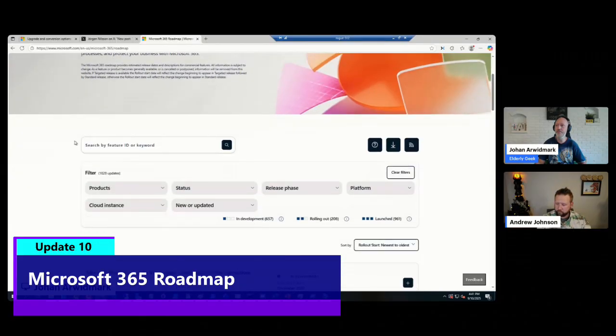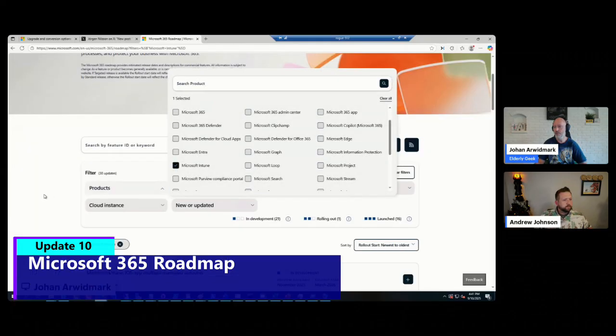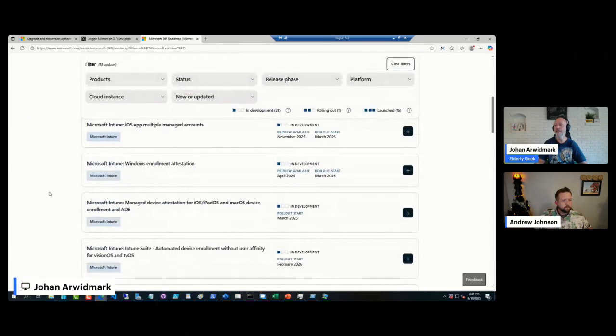So if you go here and, for example, pick Microsoft Intune as a product, to no one's surprise, it gets filtered, and you see what's upcoming in this platform and when the expected rollout is, if there's anything planned, or if it could be in development or whatever it might be.